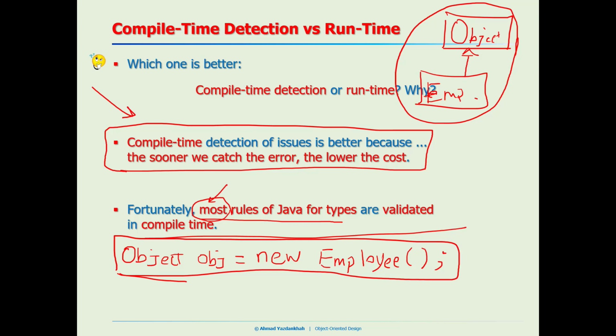Okay, so now what? Now if you assign object to something else, for example, a new rectangle, it doesn't complain. So this is a simple example to show you that it's not the case that all of the rules of type and subtype in Java can be caught during the compile time. Okay, so with this background in your head,